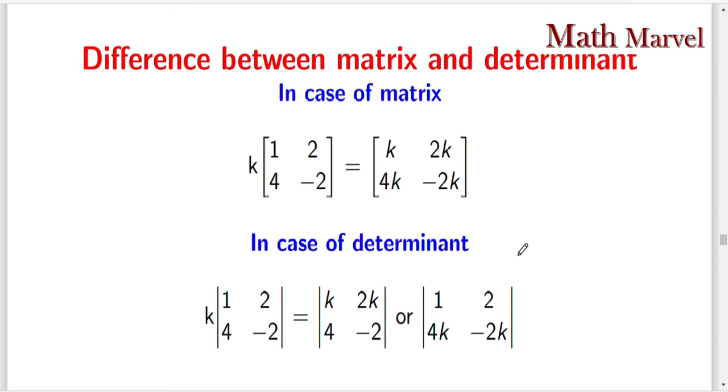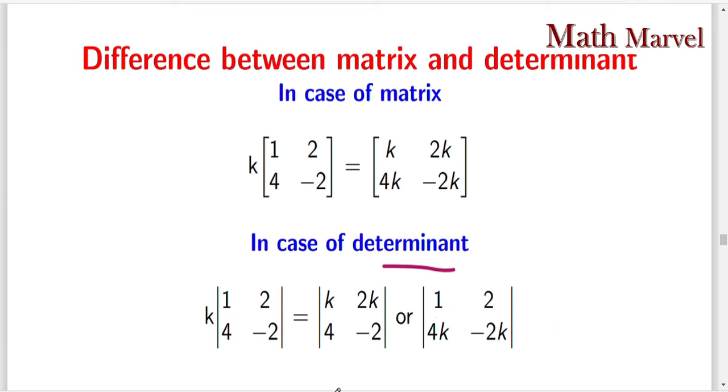But now in the case of a determinant, if one determinant is given which is multiplied by a constant k, what do we mean by this? Here k is multiplied to any one row or any one column. No need to multiply k to each and every element. Here we have to remember this point. So if k is multiplied to this determinant, either you can write it as k multiplied to the first row, so we get k into 2k, and the second row we keep as it is. Or we can write k multiplied to the second row and the first row we keep as it is.